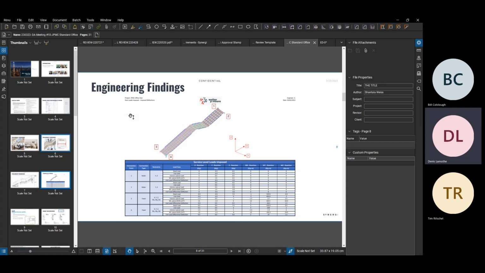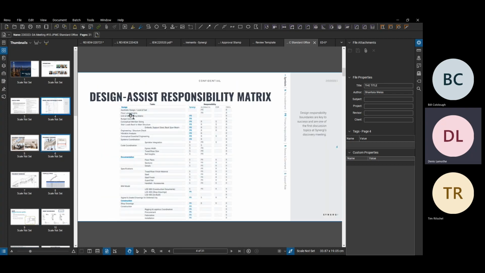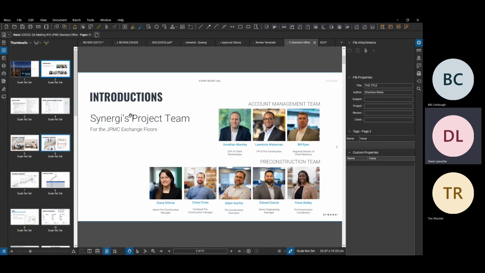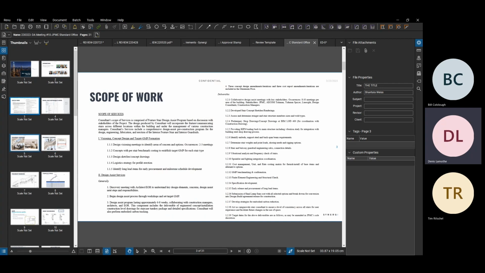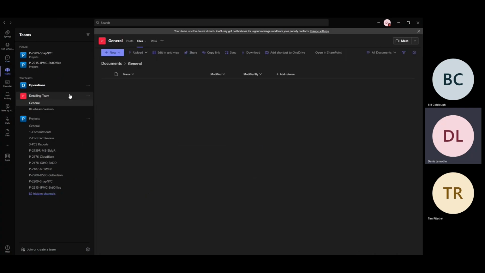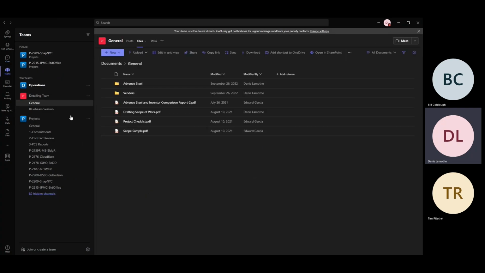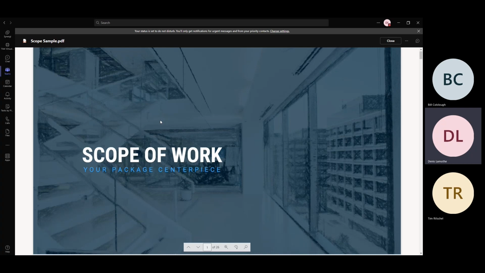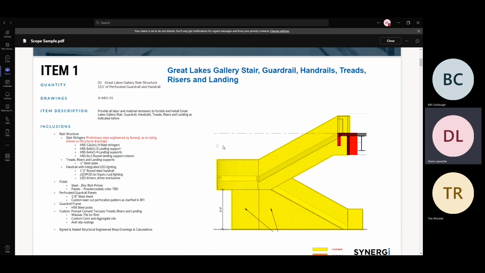I mean, we used to get a fairly detailed scope of work that would itemize what we're responsible for doing and what types of materials to use. There's a sample of it in our detailing team files, and it would ideally look something like, I can scroll down here, something like this, where it would tell you,